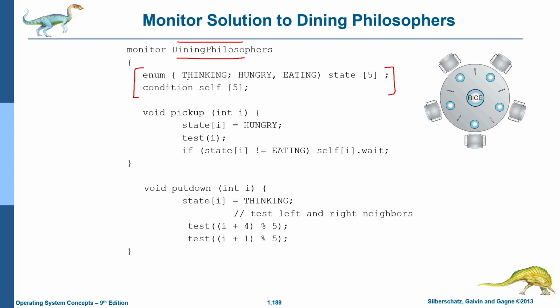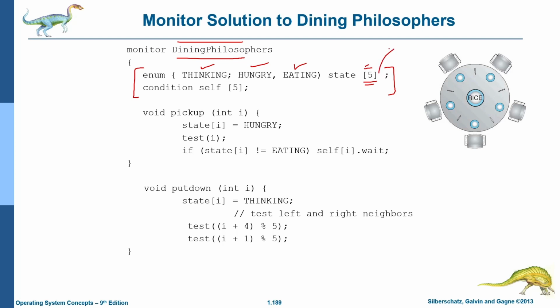एक एनुमरेशन है जिसमें कि हमने एक अरे बनाया है 5 का। क्यों? क्योंकि 5 फिलोसोफर्स हैं, उनका जो स्टेट है वो सोच रहे हैं कि वो भूखे हैं कि वो अभी खा रहे हैं। ये तीनों स्टेट, थिंकिंग, हंग्री, ईटिंग, इन 3 स्टेट में से ये 5 फिलोसोफर्स कोई भी स्टेट में हो सकते हैं, है ना? ये समझ में आ रहा है? ये अरे